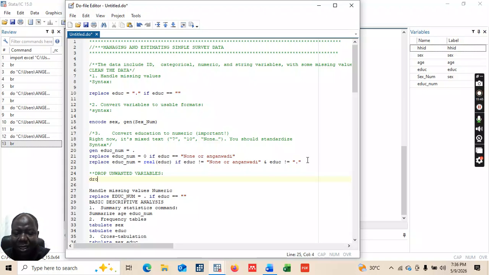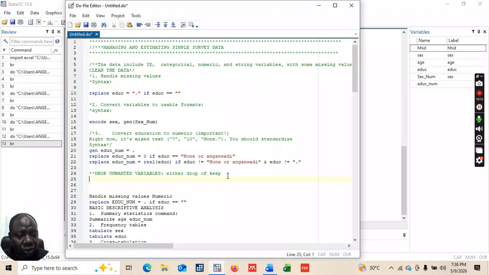You can use either the drop command or the keep command. To know the details of these options,